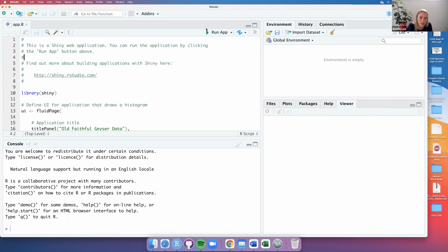Run app. Okay, so just like before with the Markdown file, it generates what's called a minimal working example, where it shows kind of what you can do. There are other things beyond this, of course, but it gives you a quick rundown of what we can do. So if you hit run app,